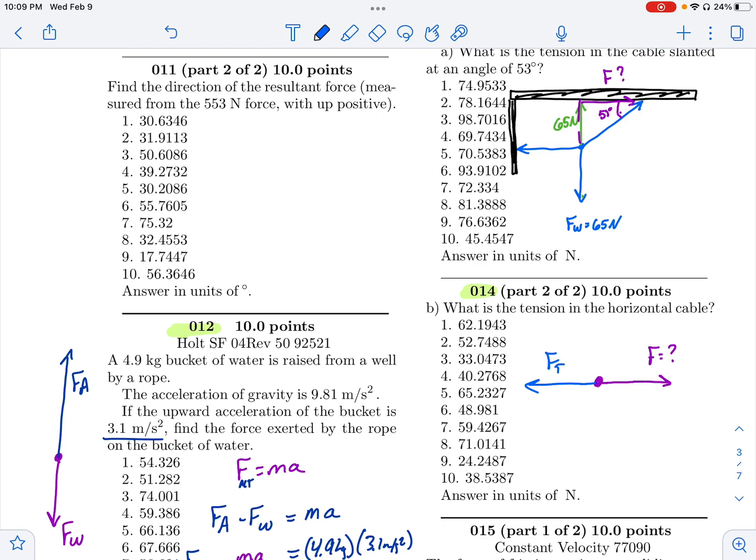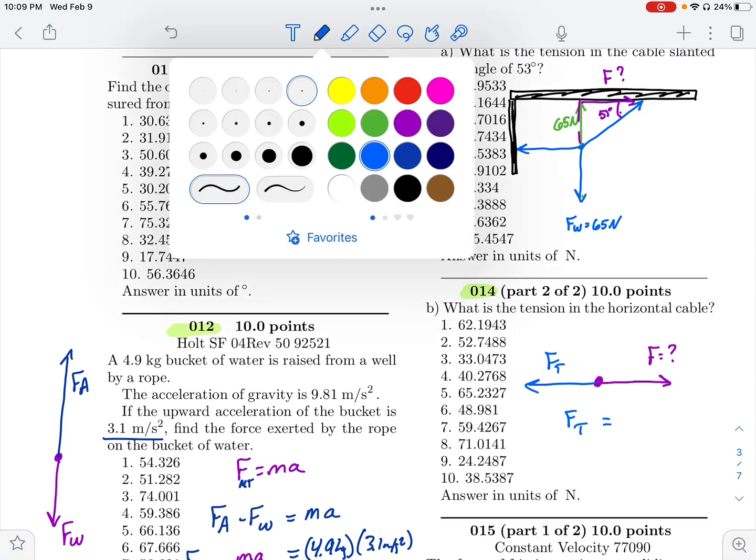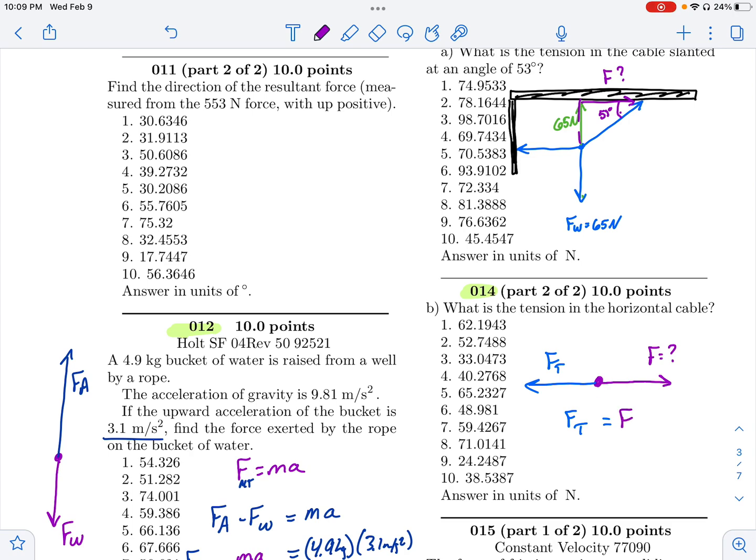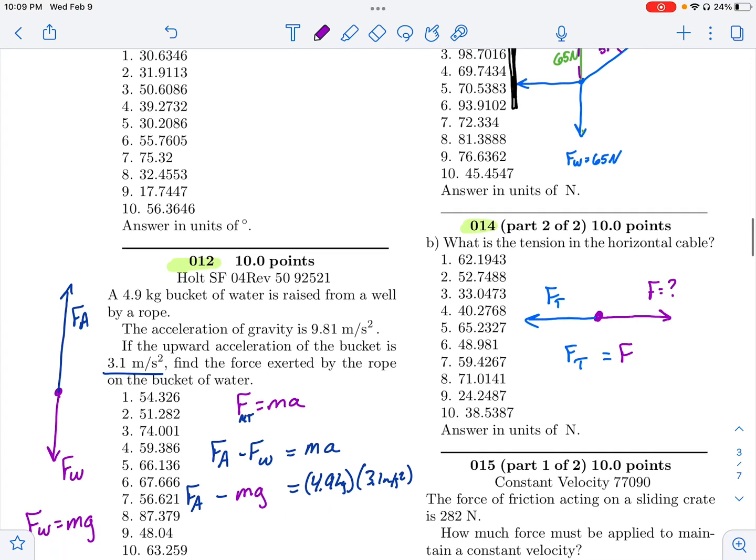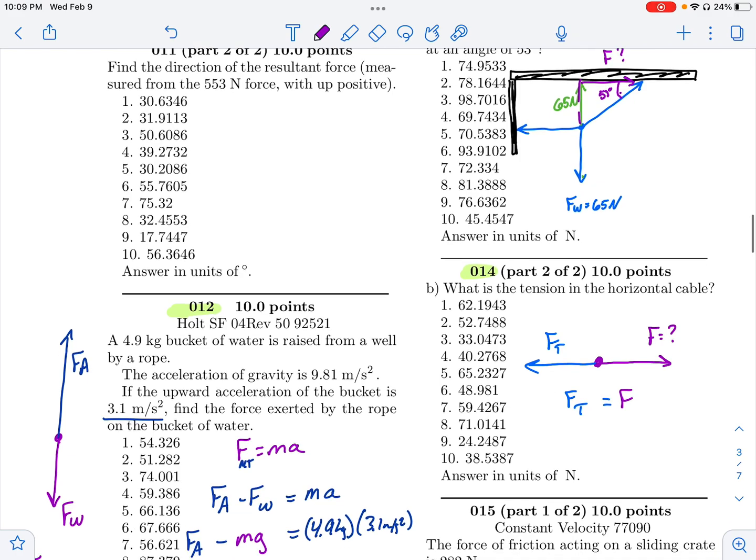So this tension force that's pulling to the left must equal this force that we just calculated is pulling to the right. Otherwise, there would be an acceleration. There'd be a net force, which there is not. They're at rest. It's in equilibrium. So therefore, we can use our trig again to